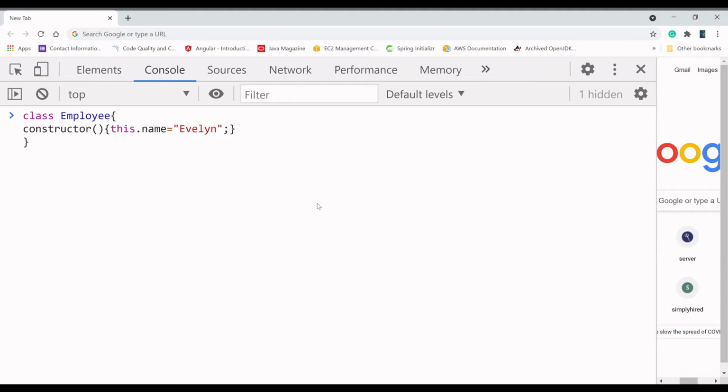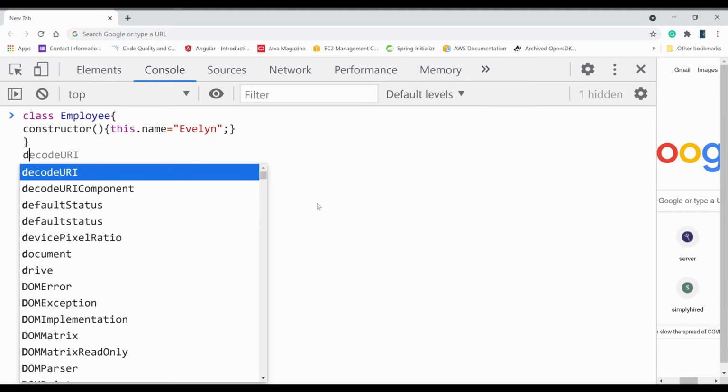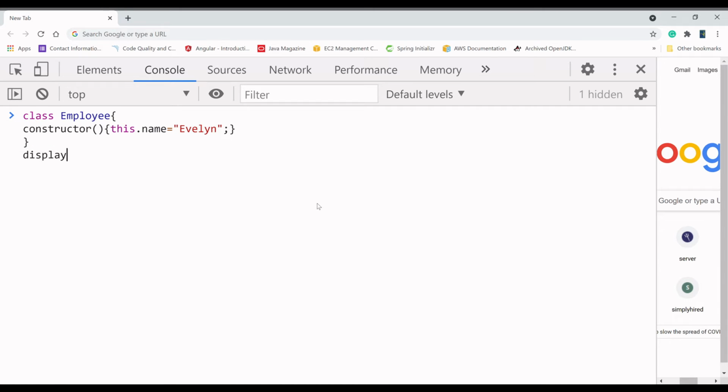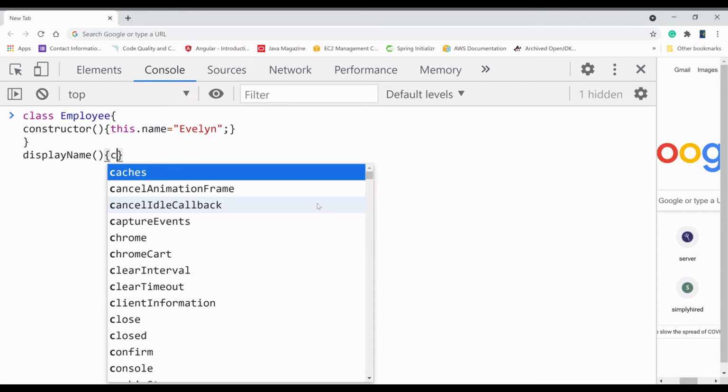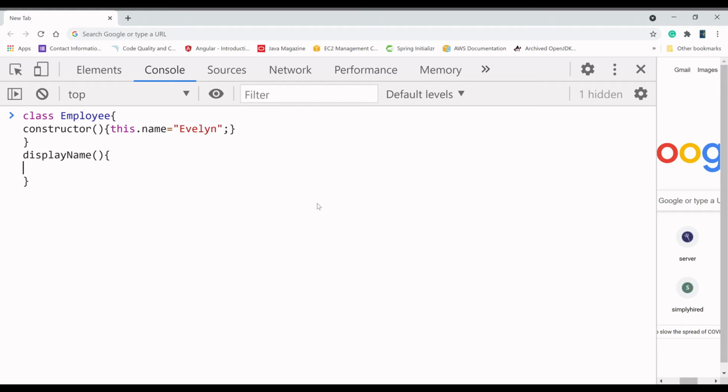So we are fine. And we can also take one method, to print the name. So I'm going to write a display method. We can take displayName, and in displayName what we will take is console.log.